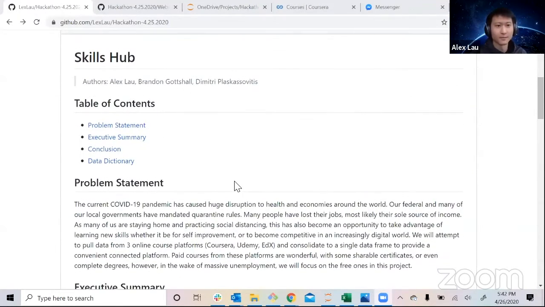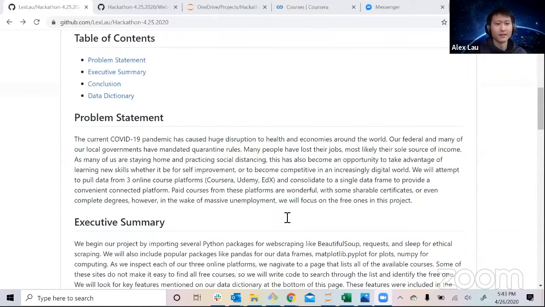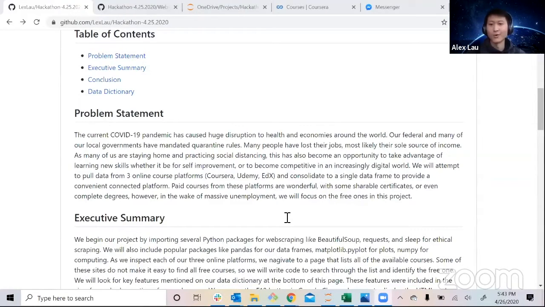and the product we're trying to create is called SkillsHub, and we're on the education track. Currently a lot of people are quarantined at home, or unfortunately some people have even lost their jobs, and with the combination of these things, it seems like we have a lot of free time on our hands. Assuming we're not an essential worker, we should have a lot of free time on our hands to further improve